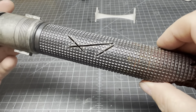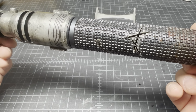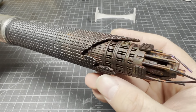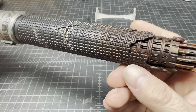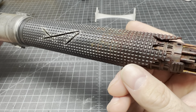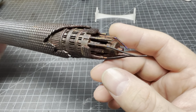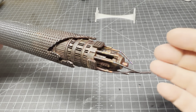The handle section does come pre-cut like that. I didn't do any of that, which is really cool. The bottom of the saber is pre-cut open like that, sort of exploded. Love it. The very end here, I did add some extra